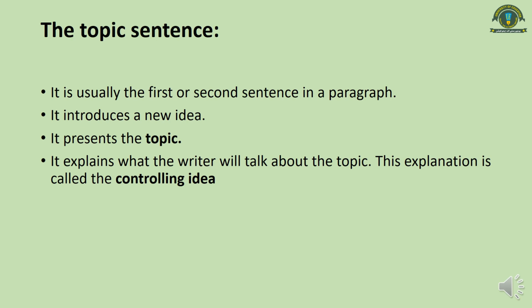For example, if we are reading a paragraph on visiting a hilly area, I may not like hilly areas, and if I am writing something about it, it depends upon my thoughts, what kind of thoughts I am throwing in the paragraph. So it is all about the writer, what kind of thoughts he has about the topic, and these thoughts are called the controlling ideas that the writer is using.